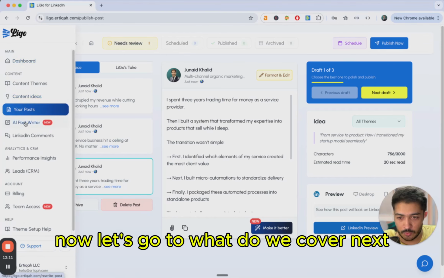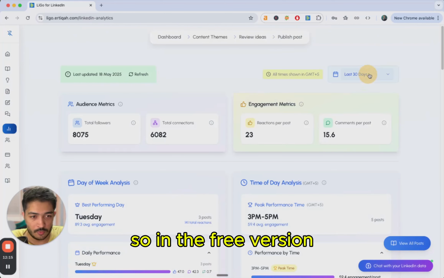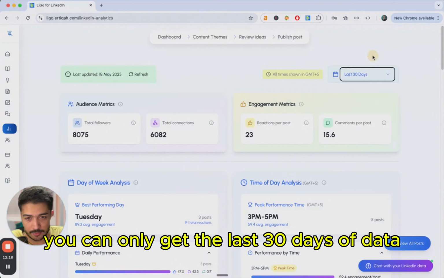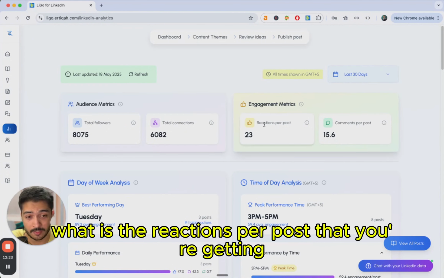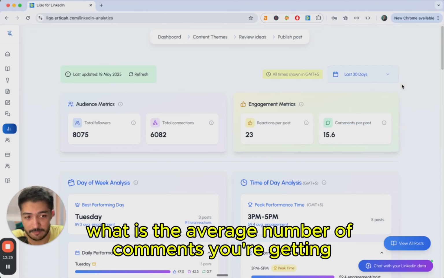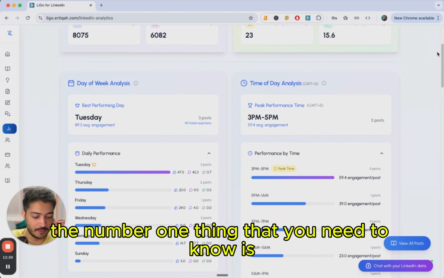Now, what do we cover next? Let's go to performance insights. Okay, this is going to be a good one. In the free version, you can only get the last 30 days of data. So you can see from a high level what reactions per post you're getting, the average number of comments per post, and most importantly, the number one thing you need to know